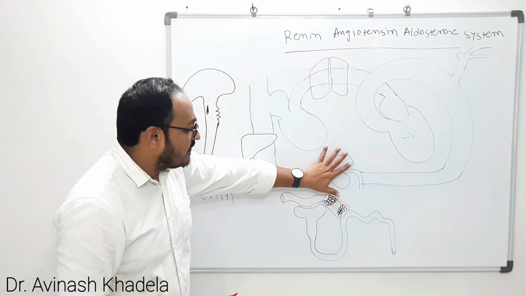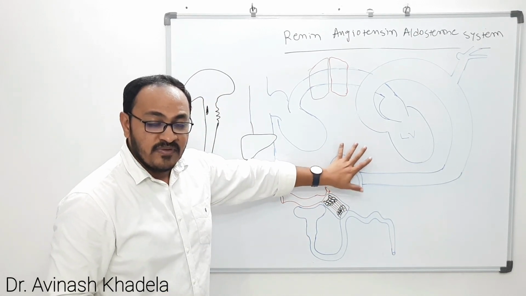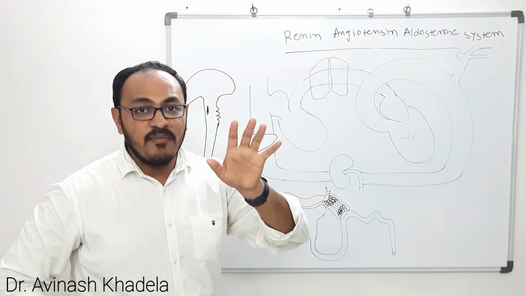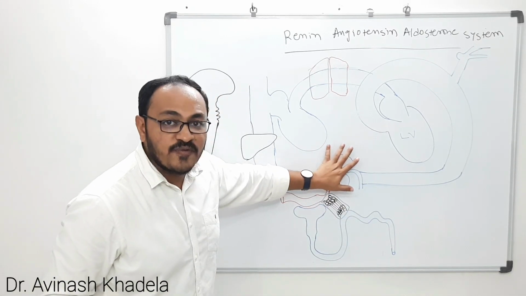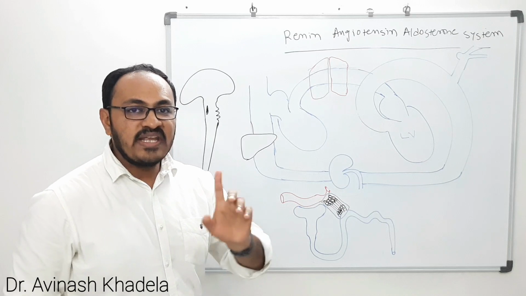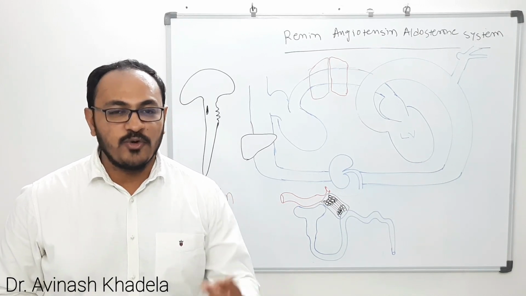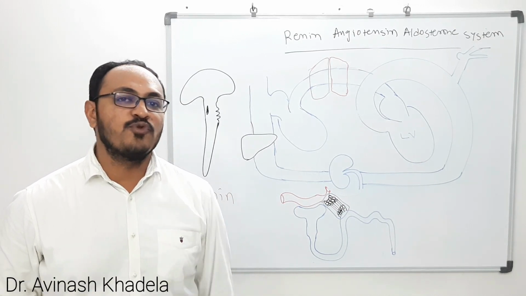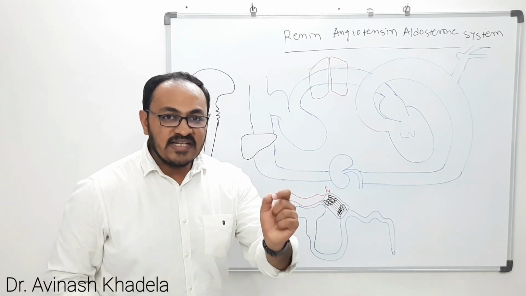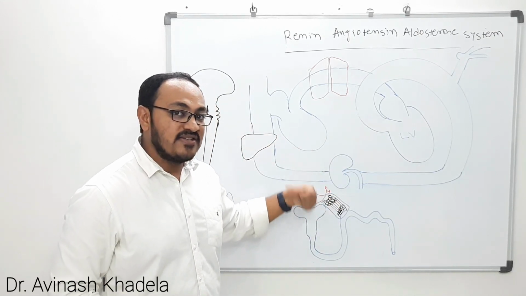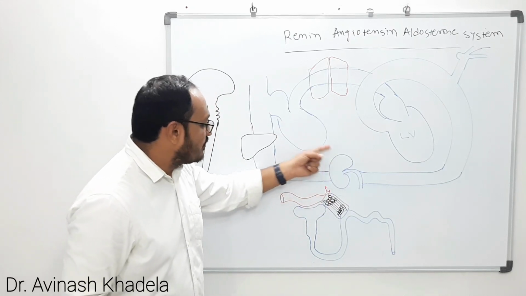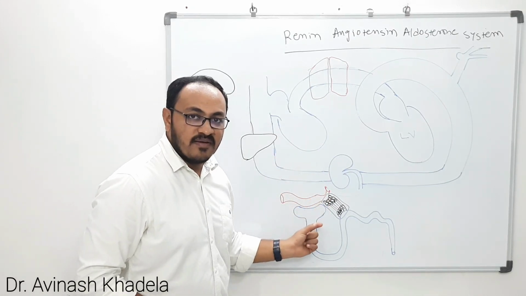What is the function of the kidney? The kidney is mainly purifying the blood, right? The kidney does all this function because of the nephron. One kidney has 1.2 million nephrons, and we have two kidneys in the human body, so we have 2.4 million nephrons. So let us understand how renal hypoperfusion induces renin secretion by understanding the mechanism of renin release